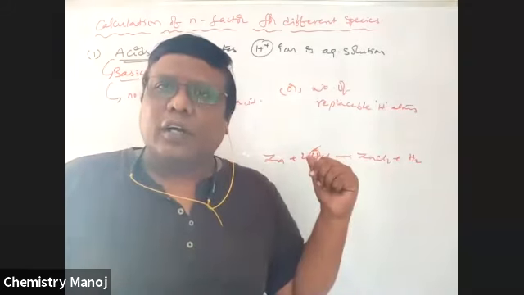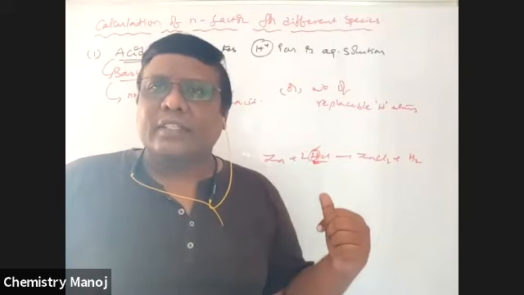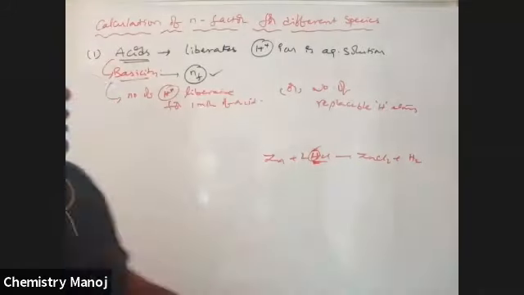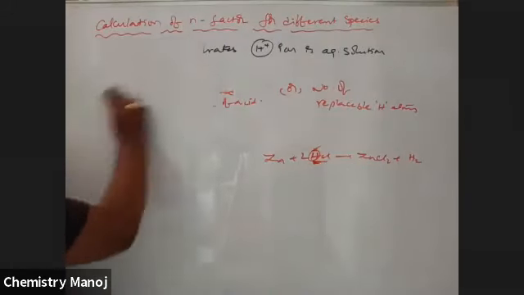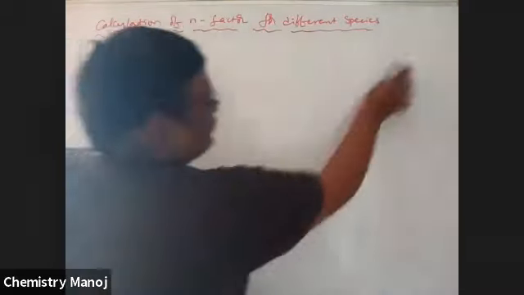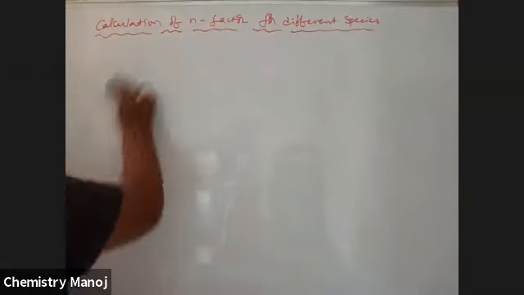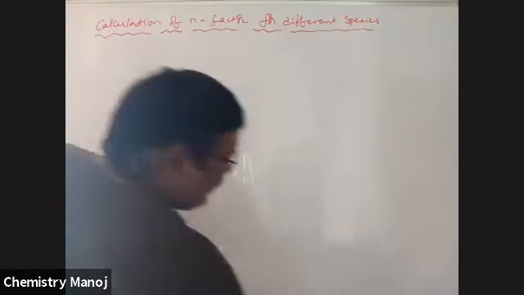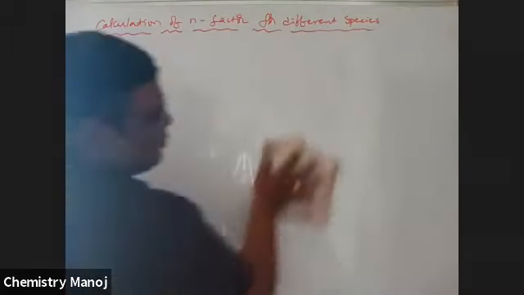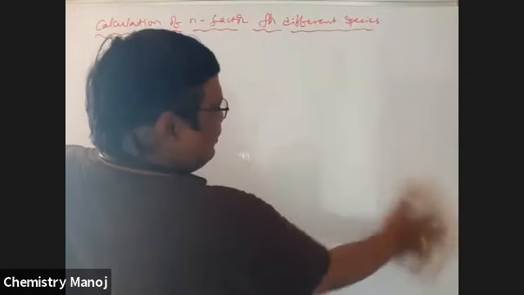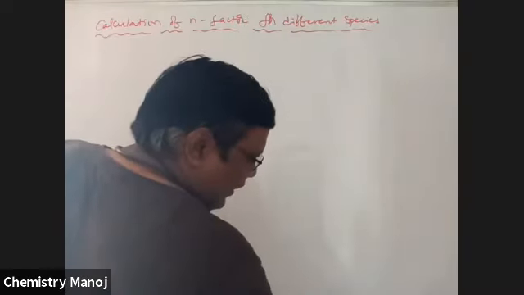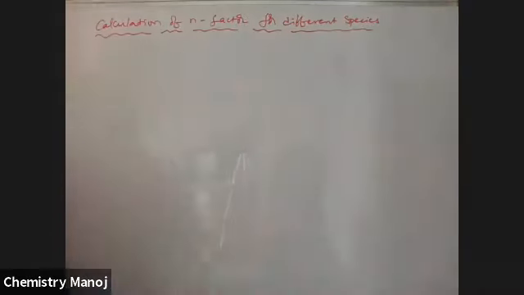Now I am going to draw a table for these acids and their basicity, and using that I am going to calculate equivalent weights. It is a little bit difficult topic to understand. I think I can make it easy. Please listen carefully. Otherwise, a number of problems will be very difficult if you don't understand this topic. So stay here.